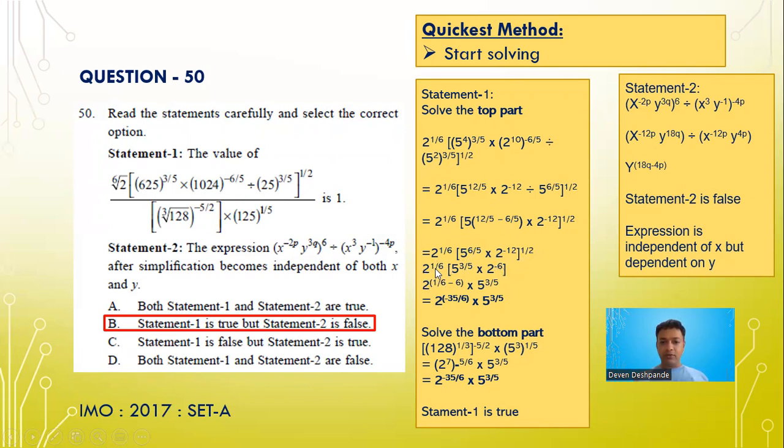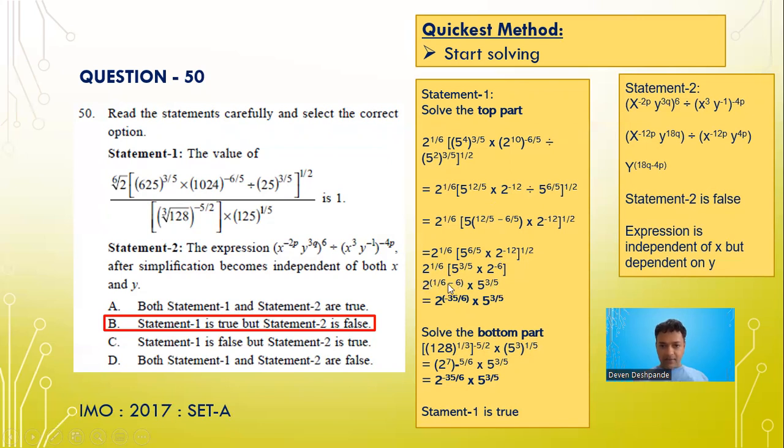Because it is 2 raised to 1 upon 6 into 5 raised to 3 upon 5 into 2 raised to minus 6. So a raised to b into a raised to c is a raised to b plus c, and b is 1 upon 6 and c is minus 6. So it will be 2 raised to 1 upon 6 minus 6 into 5 raised to 3 upon 5. And 2 raised to 1 upon 6 minus 6 is, if you multiply the whole thing by 6, so it will be